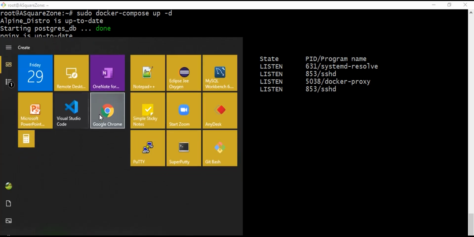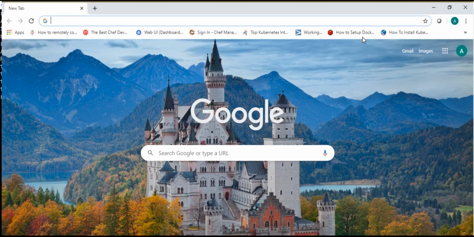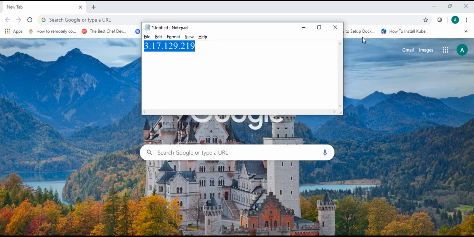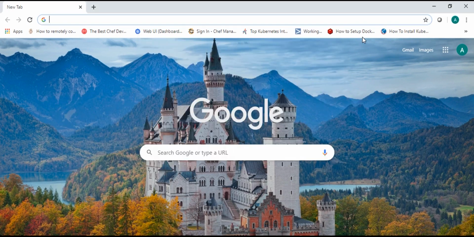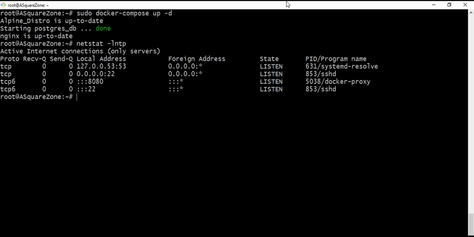So I'm going to open Google Chrome here, and here I have to give my IP address of server as we are mapped with the images here. And just let me show you how to the list of images here.